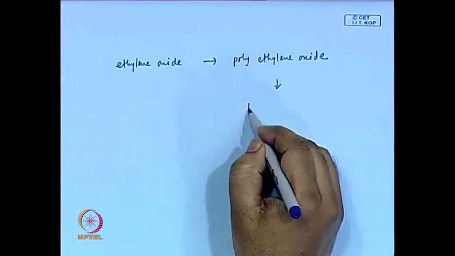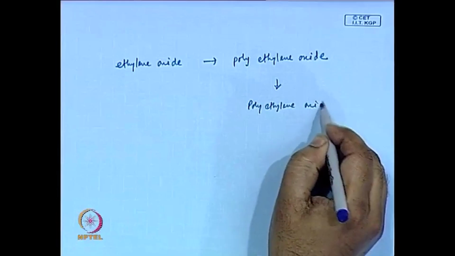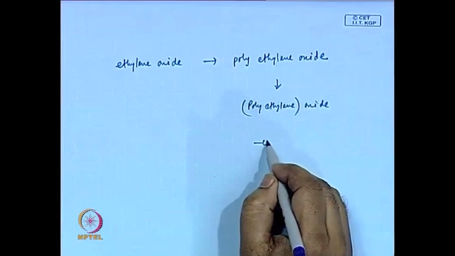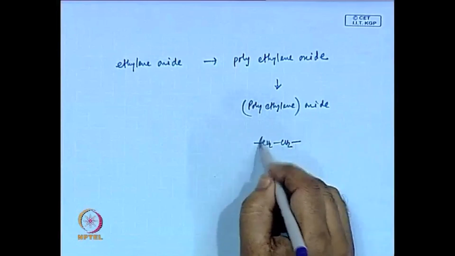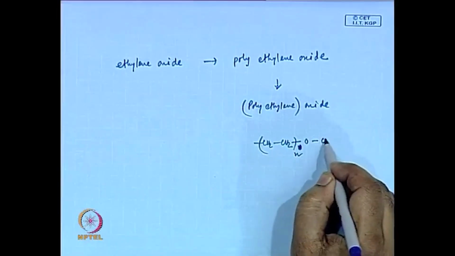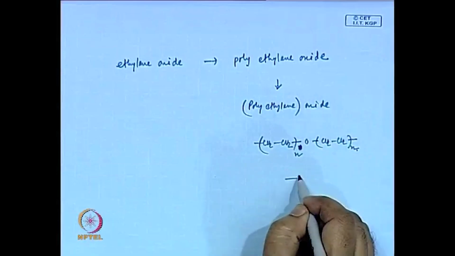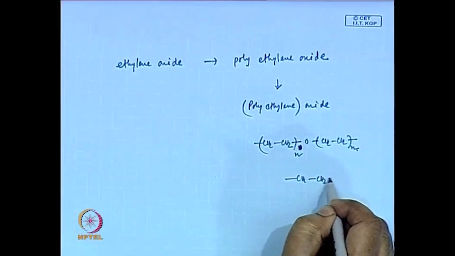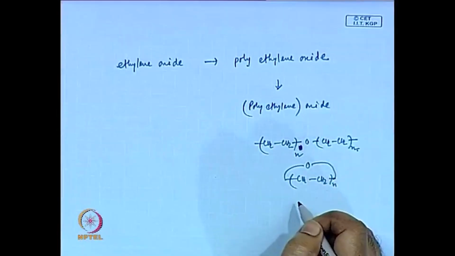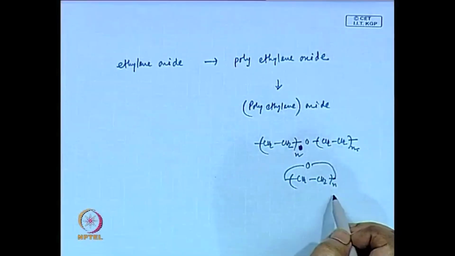If I write it like polyethylene oxide, without a bracket, it might look like this, polyethylene, or a cyclic one. So, if I write polyethylene oxide, that means oxide of polyethylene, it will look like this, but if I